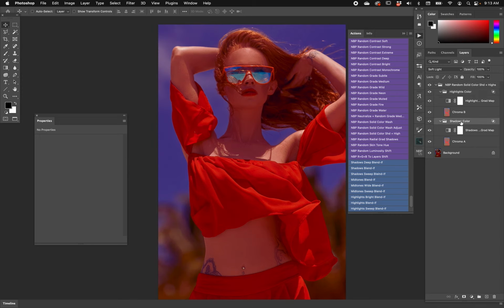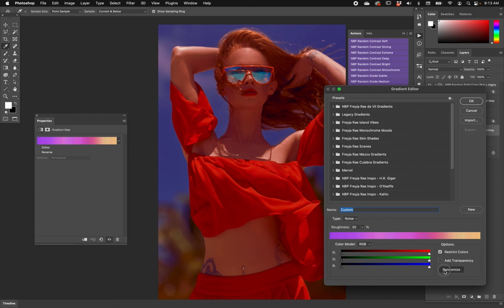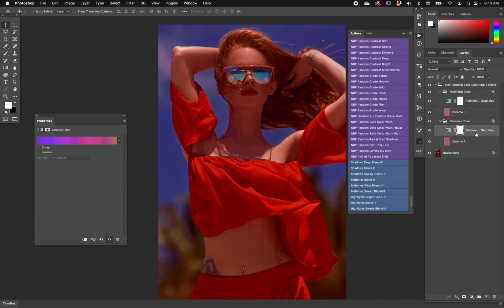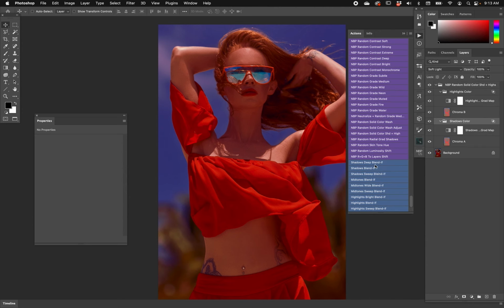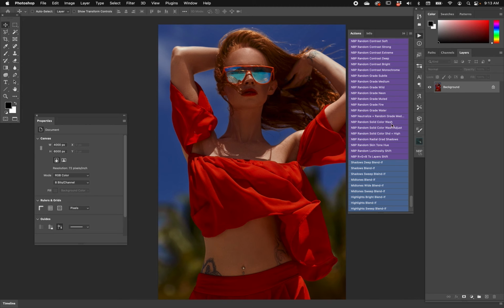Now in the shadows, I can make that a full sweep as well, makes it really strong, or just the deepest shadows. See that? So now that random color, which I can change again, see, only affecting the deeper shadows. And you look at it and you can see that's exactly what's happening on the blend if. And those buttons are useful for any of the other ones, any of the other actions. So let's continue real quick. Okay, we have